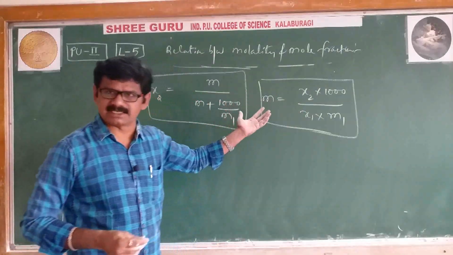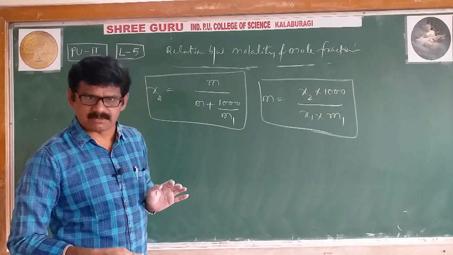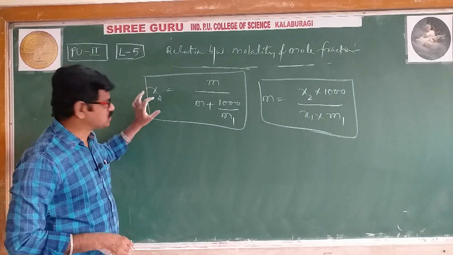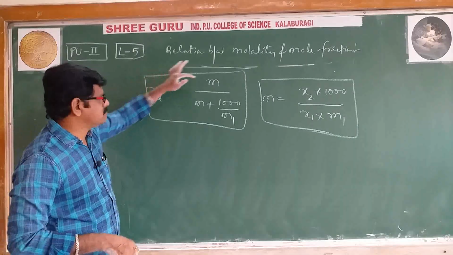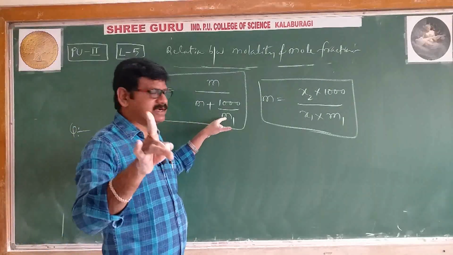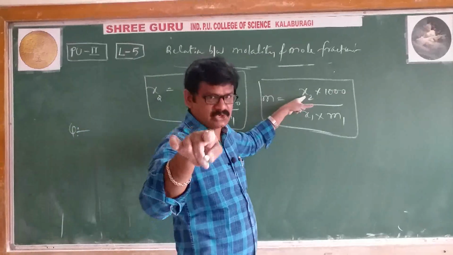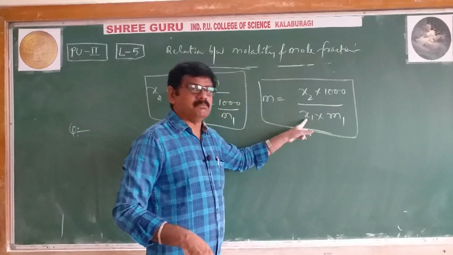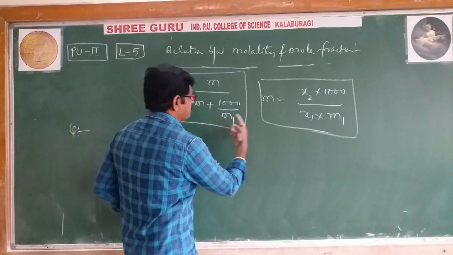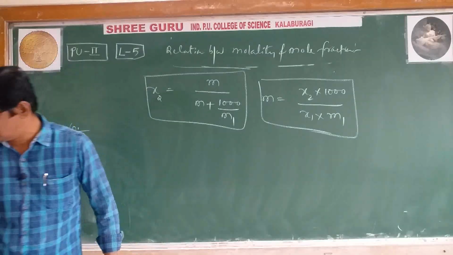Because of course the derivation part is not necessary also. Based on these formulas, we'll solve some questions, right? Question. Once again, see here carefully. Mole fraction of solute: 2 is nothing but solute, x is nothing but mole fraction. x2 equals molality divided by molality plus 1000 divided by molar mass of solvent, because 1 is nothing but solvent. Then again, molality equals mole fraction of solute into 1000 divided by mole fraction of solvent into molar mass of solvent only. See here, M1 only. Okay, right. Then based on this we will see one question.